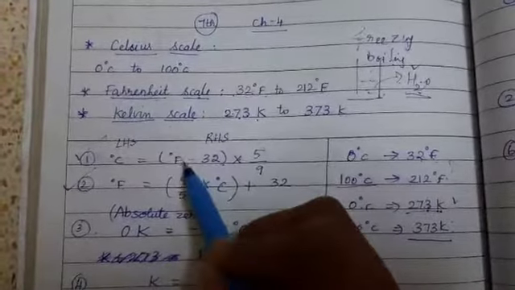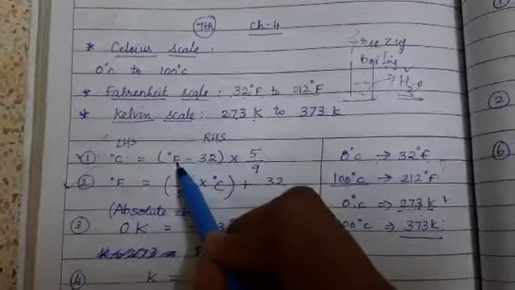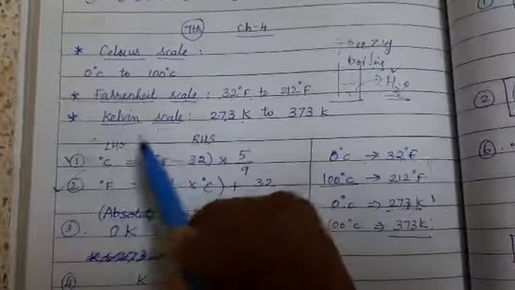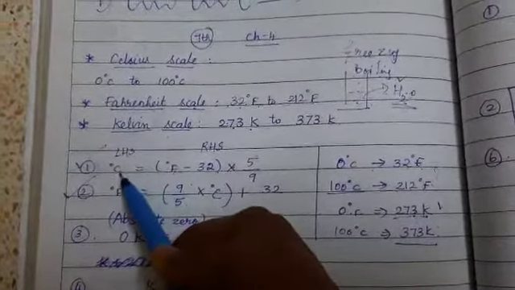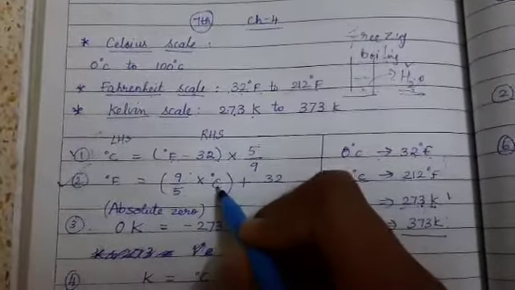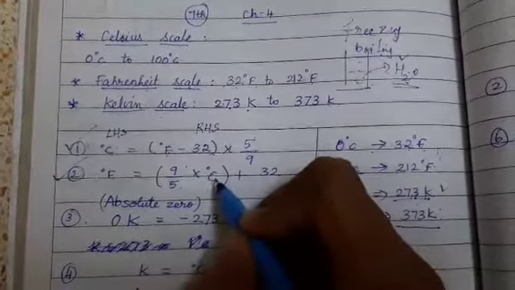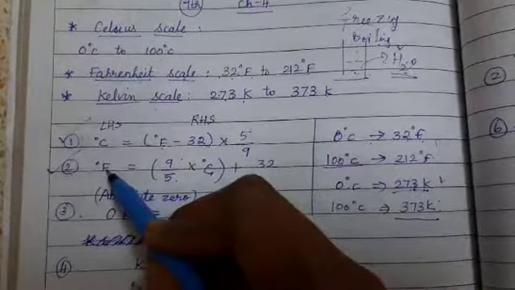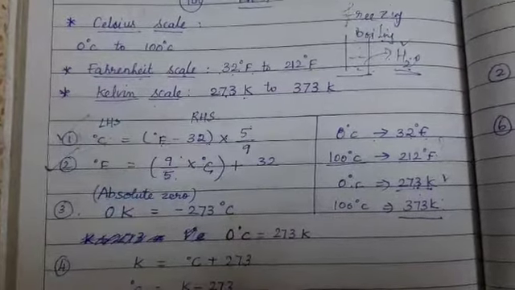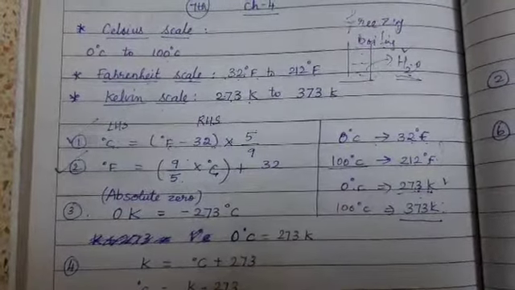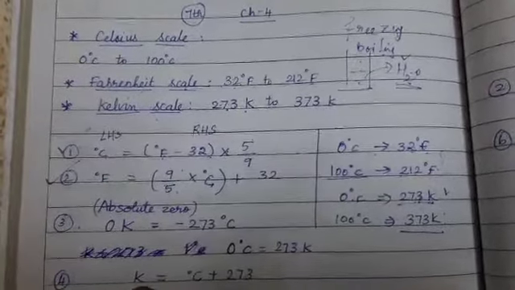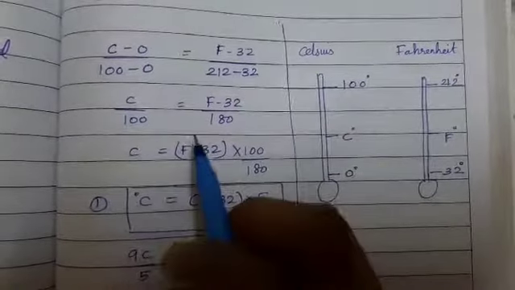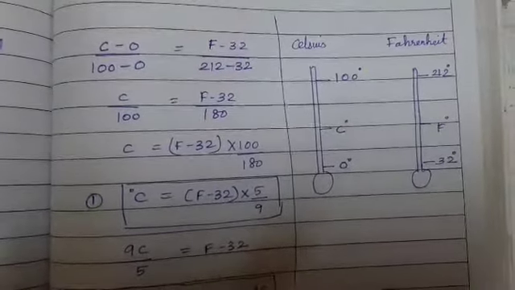Okay. So if I am given a temperature in degree Fahrenheit, I can calculate the equivalent temperature in the different scale, that is Celsius. Similarly, if a temperature is given in Celsius to me, I can calculate the equivalent temperature in Fahrenheit scale by using these formulas. You should keep in your mind these formulas. Now let us try to understand how these formulas are framed.